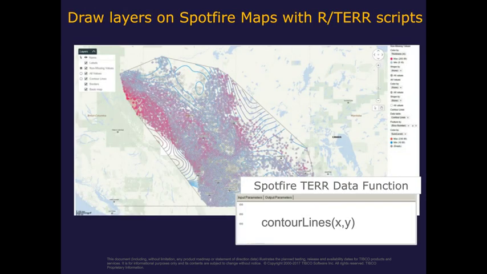And as Hector just touched on, this enables you to do things like enhancing maps with R TERR scripts, with just a couple of lines of code, drawing contour lines based on calculations on the data, layering that on top of a Spotfire analysis or a Spotfire map, or doing things like optimizing a route using numerical optimization from within R so that you can, for example, optimize where to put your distribution centers and display that information on a map. And because you can do this in an application, put in a what-if analysis and update those calculations on demand as the end user asks and answers different questions.